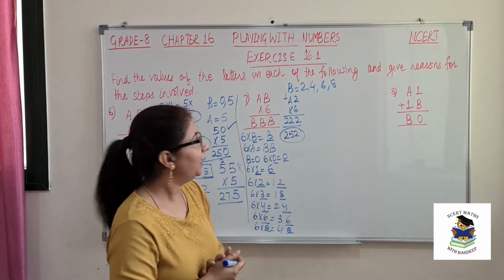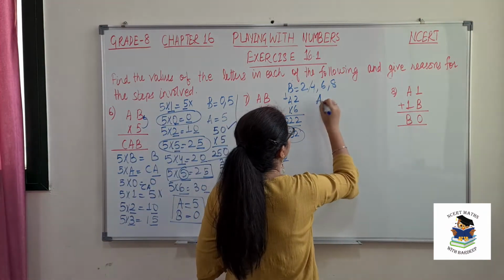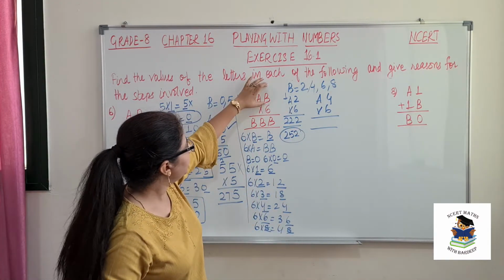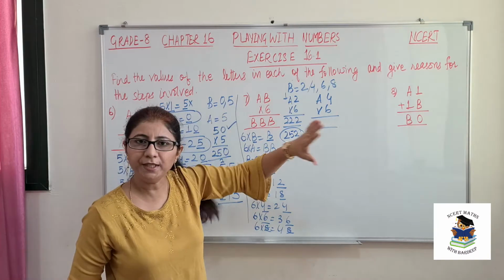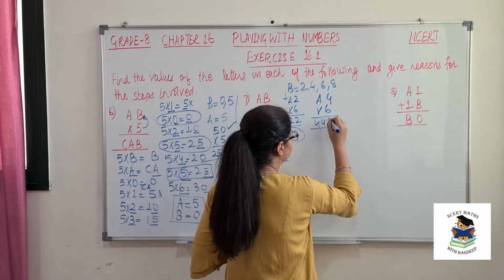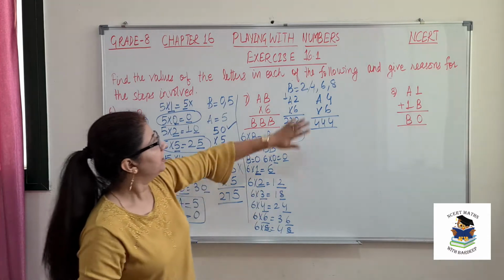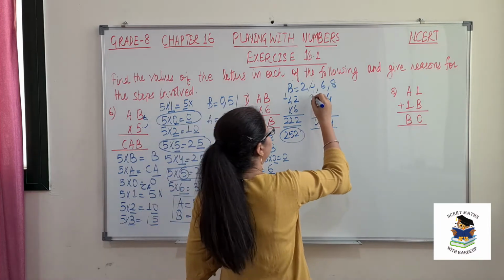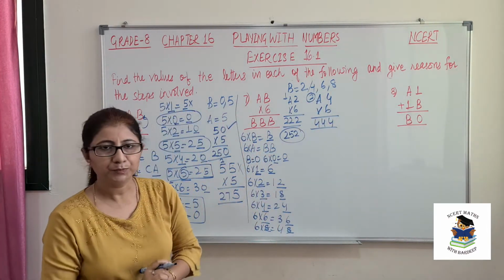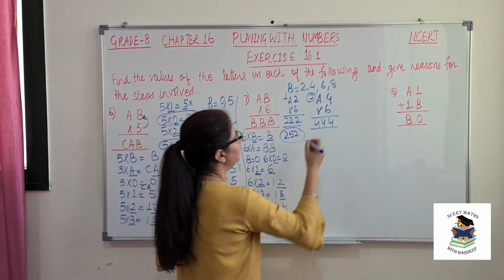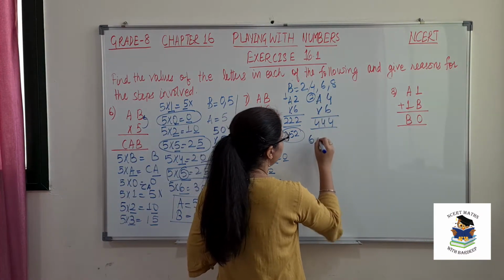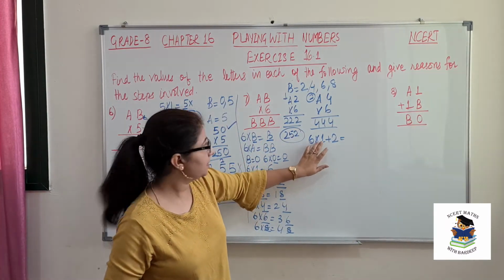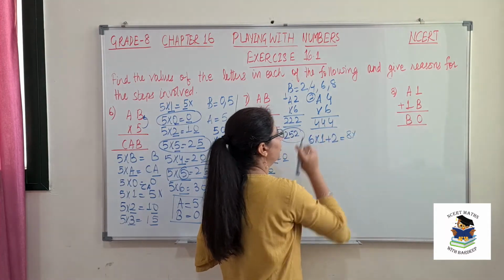Let's move on to the second value of B. That is if I put A and 4 here into 6. So if my B is 4, the answer should be 444. Okay. Again put the values. Let us suppose, see, 6 into 4 is 24. So that means definitely carry will be 2. Okay. So now put the values. I'll explain. 6 into 1 plus carry 2. 6 into 1 is 6, 6 plus 2 is 8. So we don't get 44.